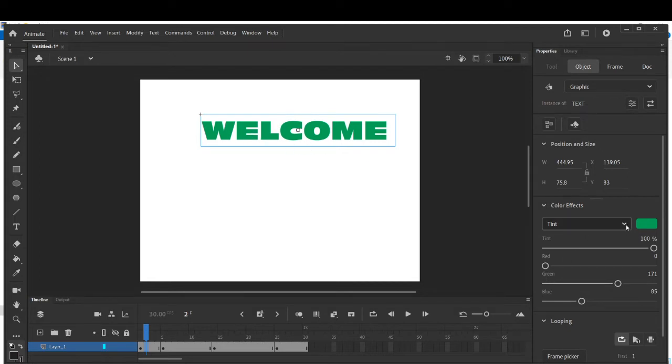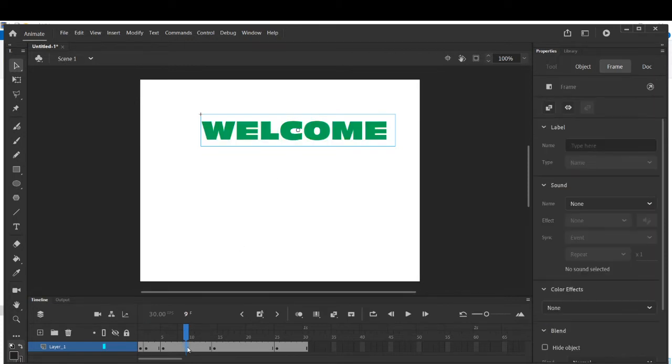And now from the tint option, choose tint as 100%, and let's take it as red, and green will be 0, blue will also be 0. So now it is appearing in red color. Now go to the second one and then again click on welcome.